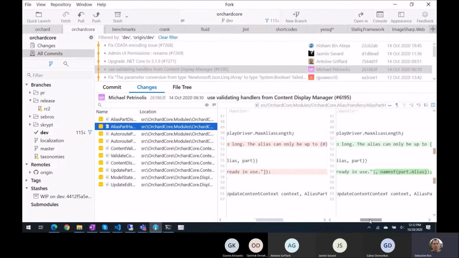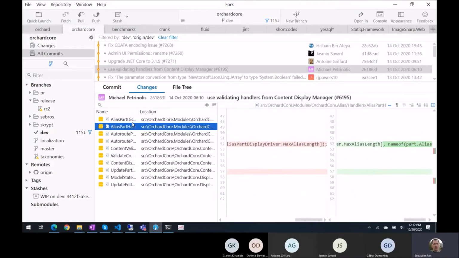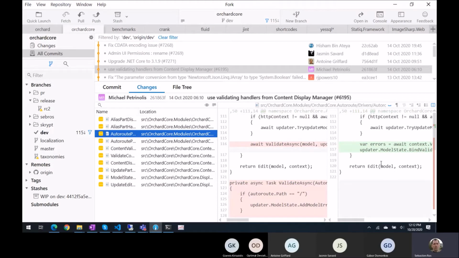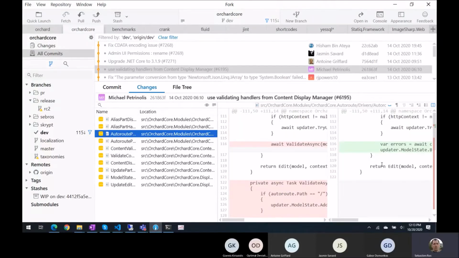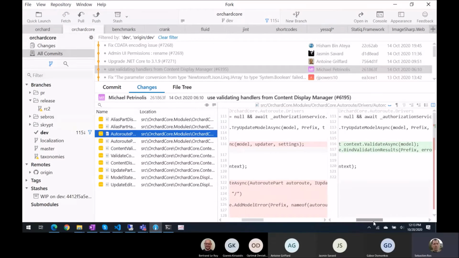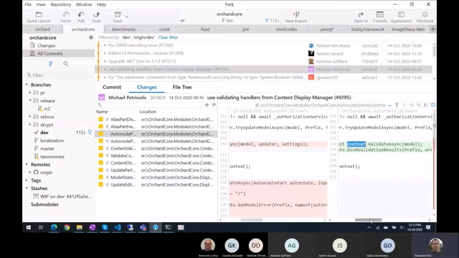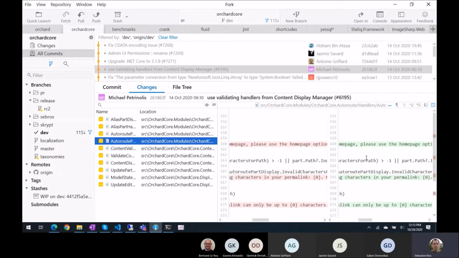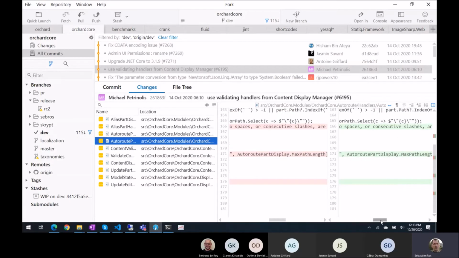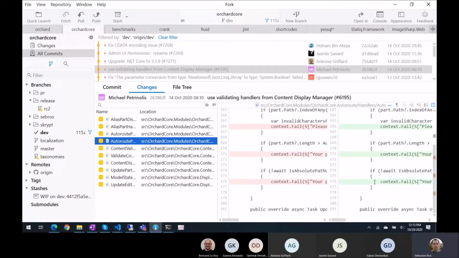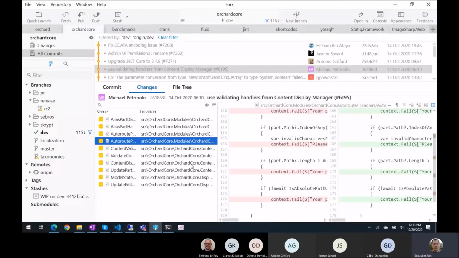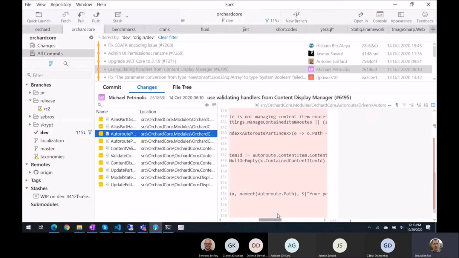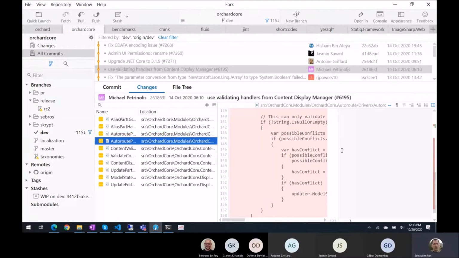It's not breaking the localization file. It's removing some entries and it's reusing the same logic in this case, so this is fine. Context validate async. So here,